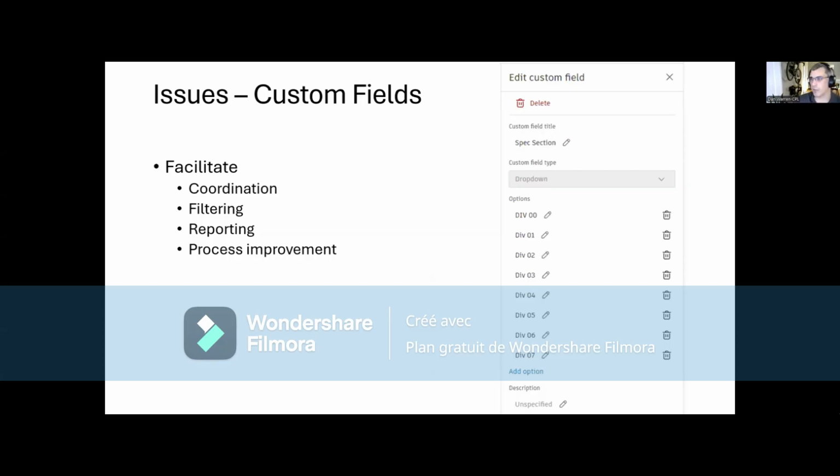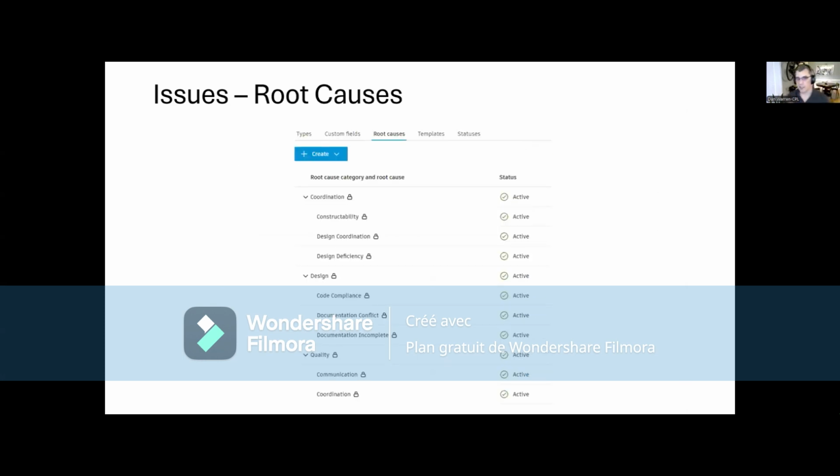We also have one called related discipline. So if it's an architectural coordination thing, but you need to talk to the plumber, you'll say related discipline plumbing. That way the architect knows to go talk to the plumber. And then you have root causes. This is much more about process improvement. We haven't gotten